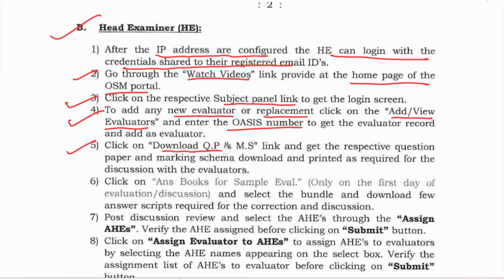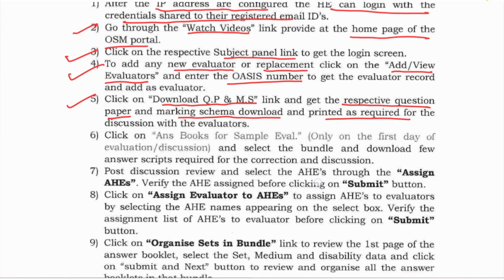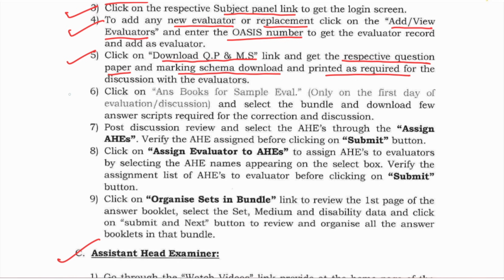Next, they can download the question paper and MS link and get the respective question paper and marking scheme downloaded and printed as required for discussion with evaluator. Then they can click on answer book for sample evaluation. Sample evaluation means this is the mock evaluation. This should be conducted only on the first day, and select the bundle and download few answer scripts required for